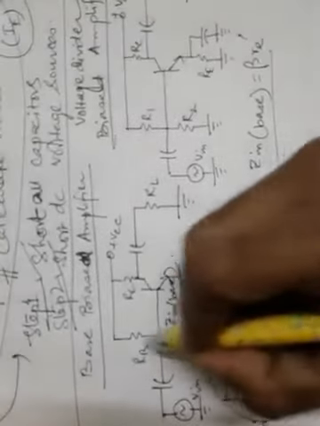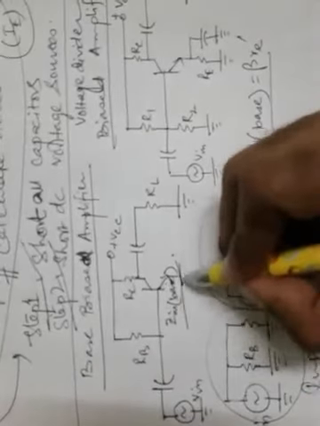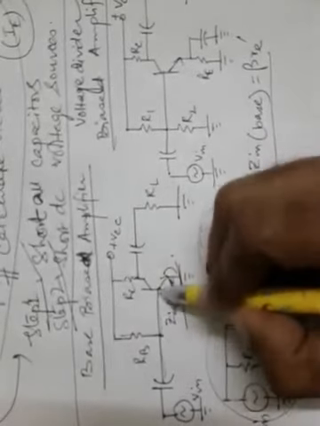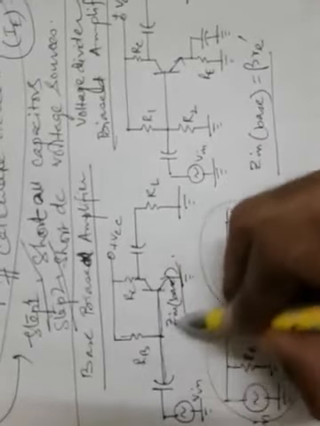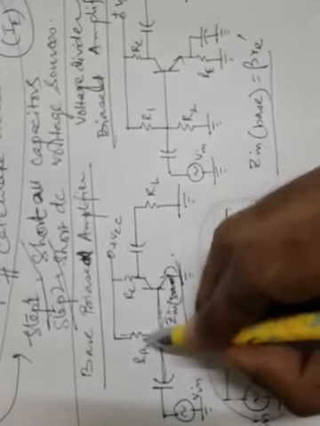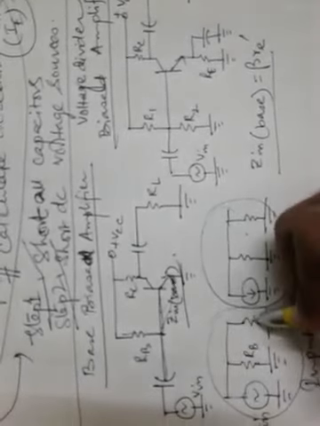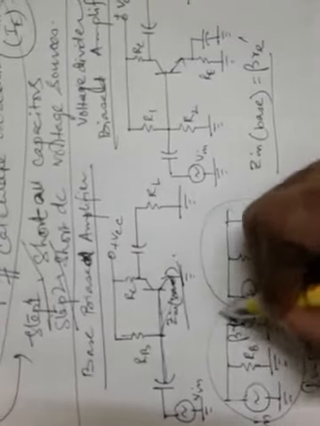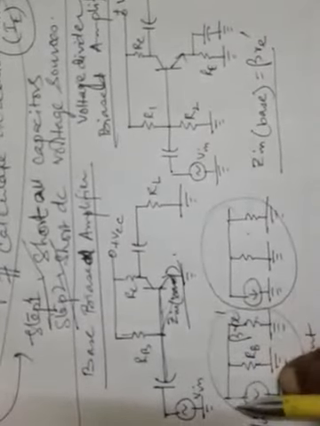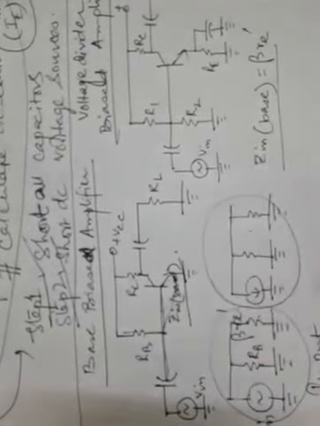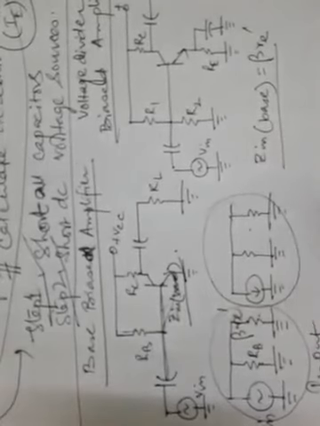So this will be the resistance RB, that is in parallel with this Z in base, because the current through RB is divided in two paths here. One path is here, another path is here. So whatever resistance at the input of the base is in parallel with RB. So these two are parallel, and this input base impedance Z in base is beta Re dashed. So this will constitute the input side of the AC equivalent circuit for this particular transistor amplifier. So this is the AC equivalent circuit.